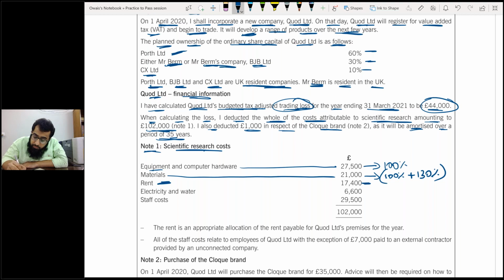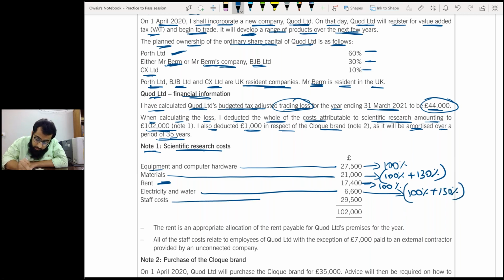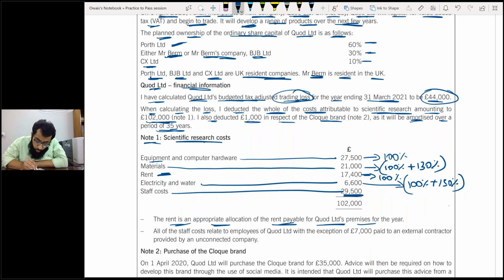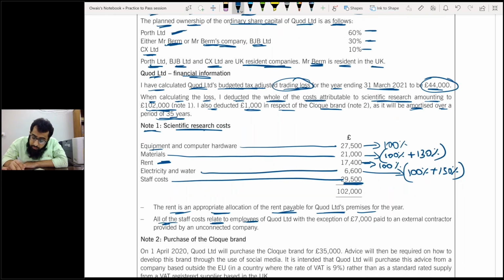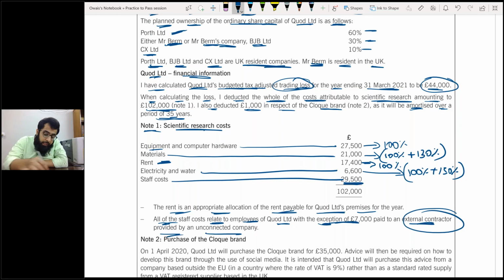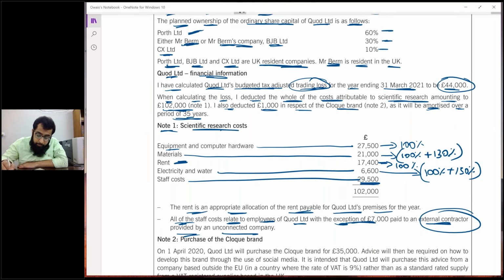Rent 17,400, 100% relief only because rent is not a qualifying expense. On electricity and water, yes, 100 plus 130 because it is a utility expense. On staff cost, yes, you get additional relief. The rent is appropriate allocation of rent payable for Quad Limited premises. All of the staff costs relate to employees of Quad, with the exception of 7,000 paid to external contractor provided by unconnected company. Now, if you read out the summary notes,